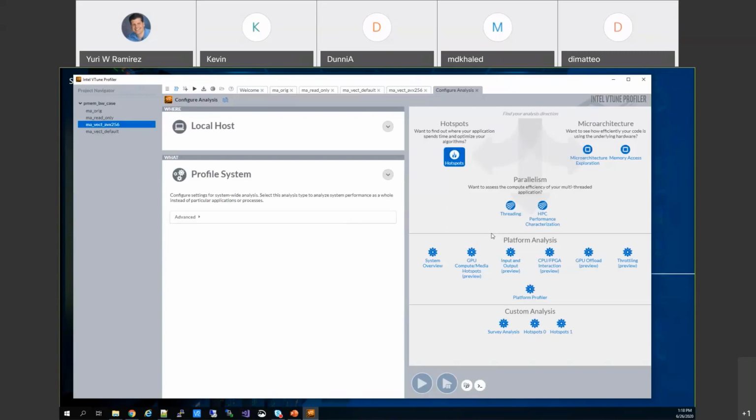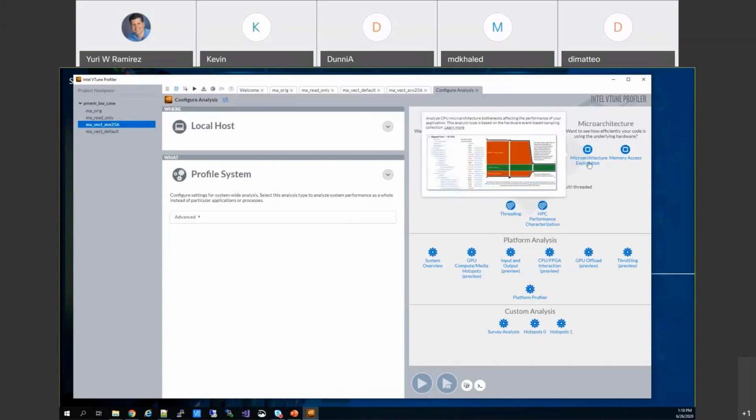Because if you run the microarchitecture exploration, for example, you get a lot of data, but you're also collecting data on your front-end bound,